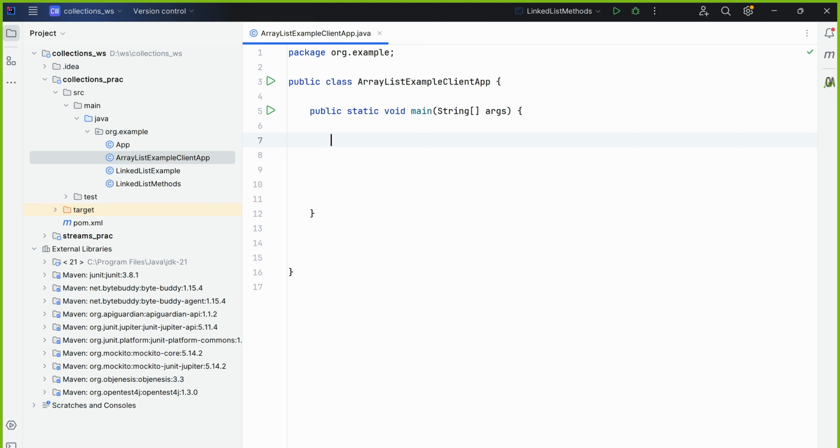Let's say we have a collection. Collection equals new